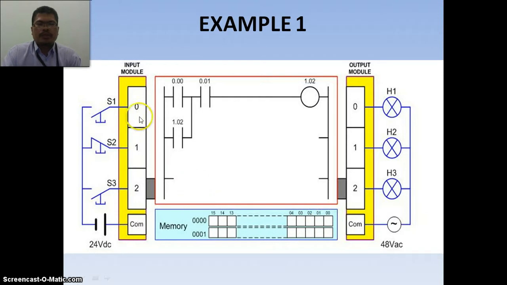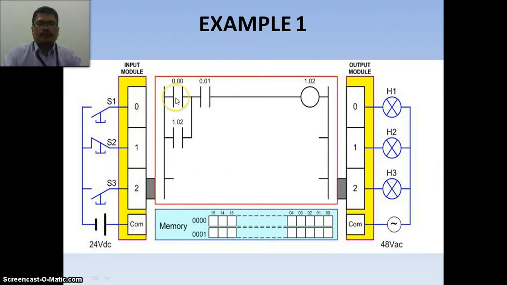For instance, there is no connection here, which means that the PLC will not receive any voltage, or 0 volt, at input number 0. So no voltage, the logic will be 0 here. For input number 1, there is a voltage received by the PLC, so the logic here will be 1.